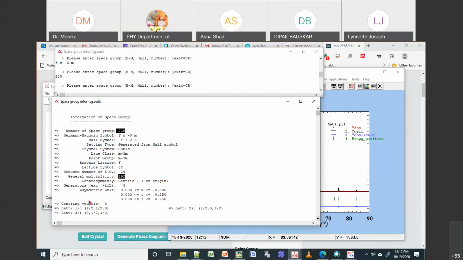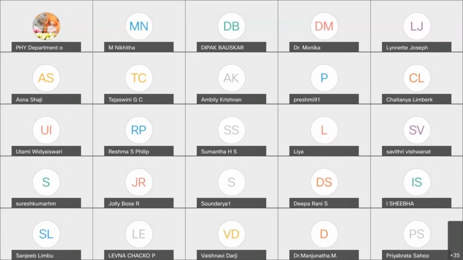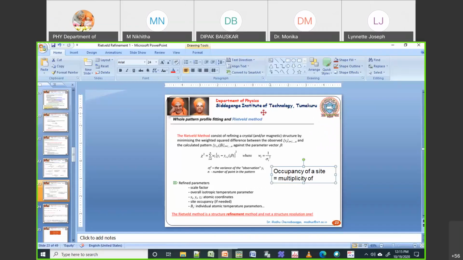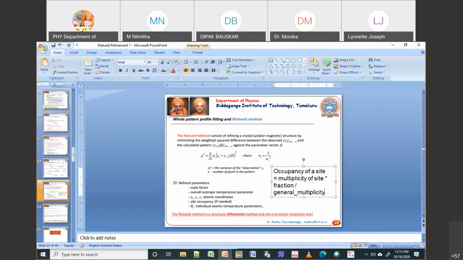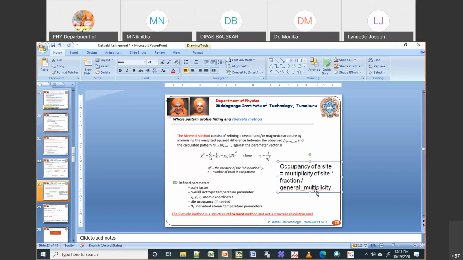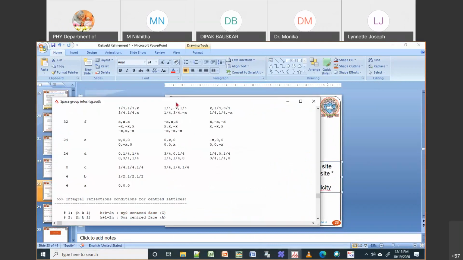So let me do it again. Okay, so now I think you can see this. The site occupancy of a given site is given as the multiplicity of the site into the fraction, divided by the general multiplicity. Okay, so this is the normal formula for the occupancy of a given site. So when you want to say the occupancy, in our case, if we go back to this,